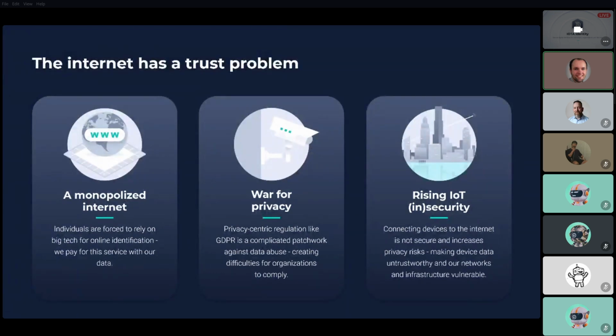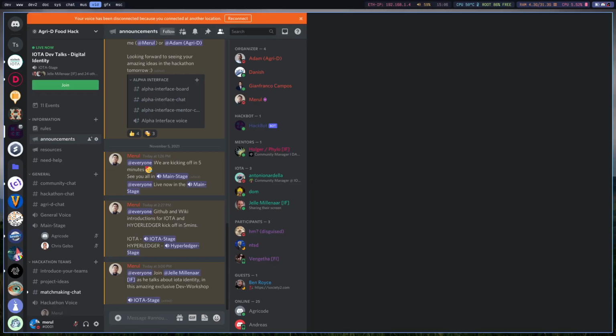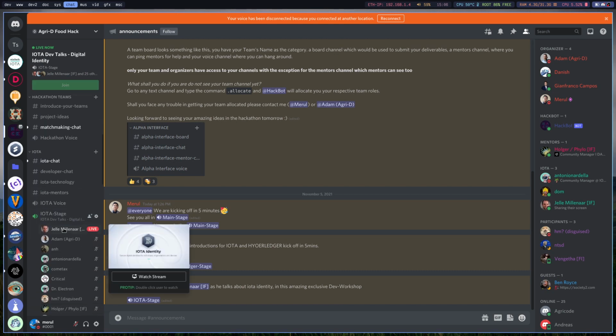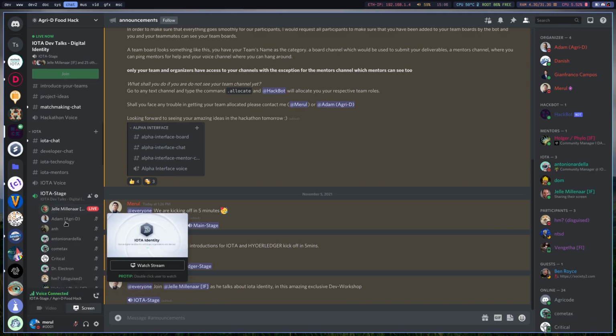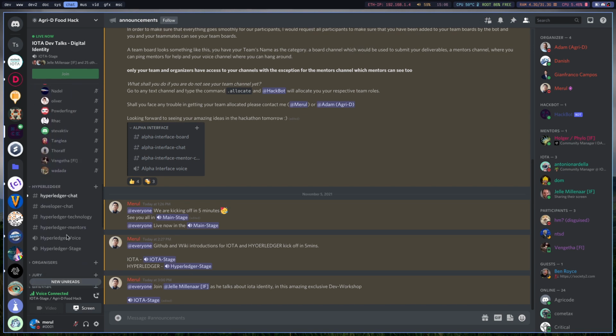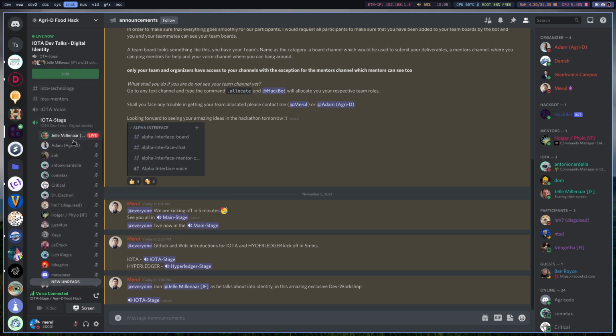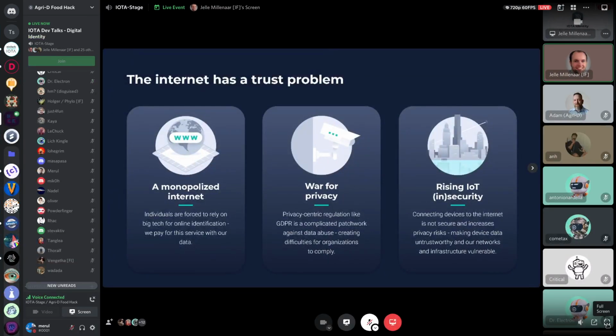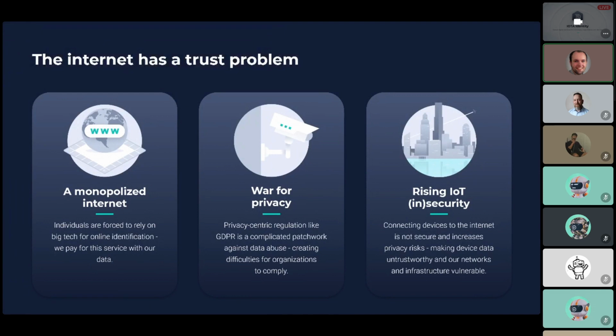So this is something that we try to fix. But even then, our data for our own digital identities is being monopolized. The big tech companies, Facebook, Google, and the sort, have a reasonably accurate estimation of who you are online due to all the data scraping that they have. And this is definitely something we want to move away from on the next generation of the internet.